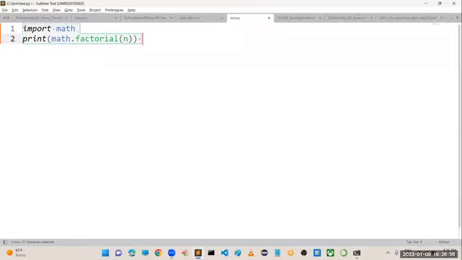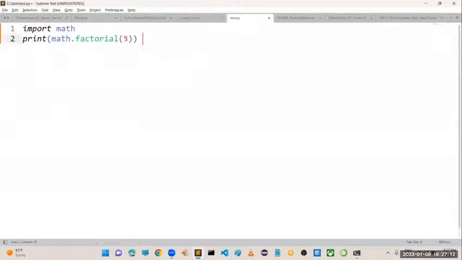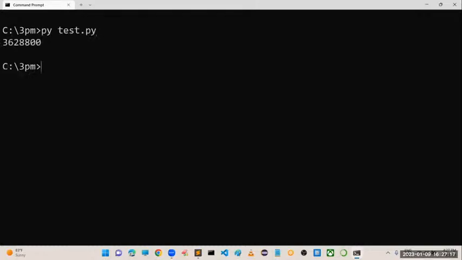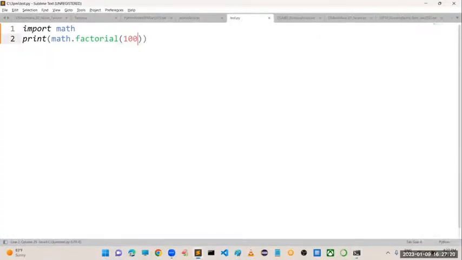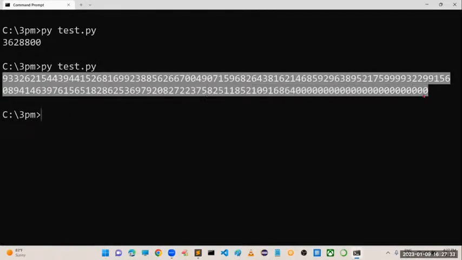Sir, it is very simple, right? We are not required to write big lines of code in Python. But in other languages, we have to write a loop. And one more advantage I want to address, because the situation came here. Is it possible to calculate a factorial of 10? Yes, in all the languages we can calculate. But is it possible to calculate a factorial for 100? It is highly impossible in other programming languages. But in Python, yes, you can find it out.